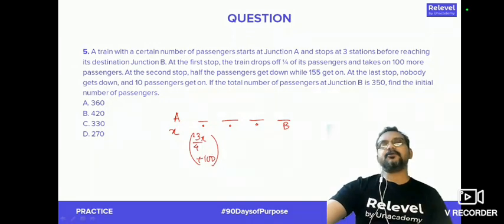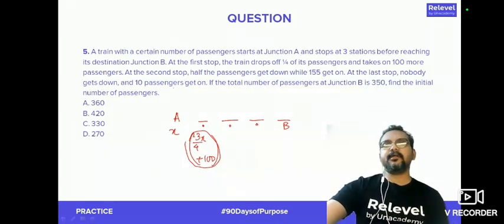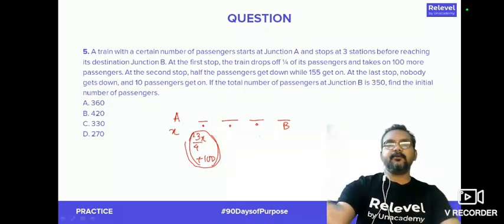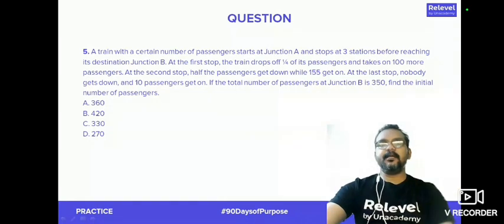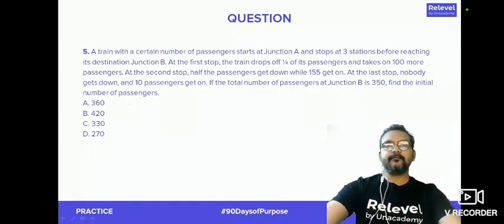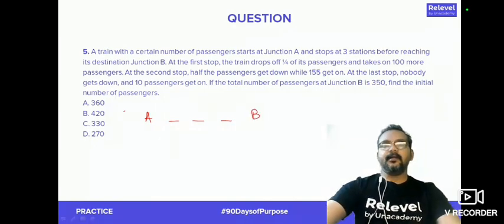Now it's already become complicated, right? So you have to do half of this entire thing, and then with that you add 155, and then again 10 get on, okay? So instead of doing it in this manner, what we can do is we start from the end. So we start off from B instead. So we have A, then 3 stops, then B. And the total passengers at B is 350. Now it says at the last stop 10 get on. So from here they were plus 10, and that's why you have 350